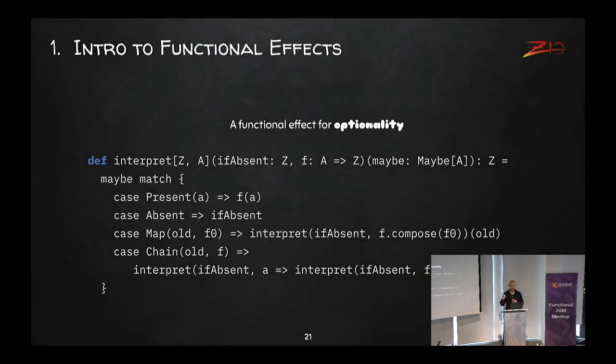Notice how this is much more complex than the option type built into Scala. Why? The option type built into Scala only has 2 cases. And that's because the option type built into Scala does just-in-time interpretation of the instructions map and flat map. Rather than building up a full description of the effect, what happens is it takes shortcuts. The map and flat map on option will look at that data type, and if it's none, for example, it will immediately return none. If it's sum, it will immediately deconstruct that sum, apply your mapper function to it, and